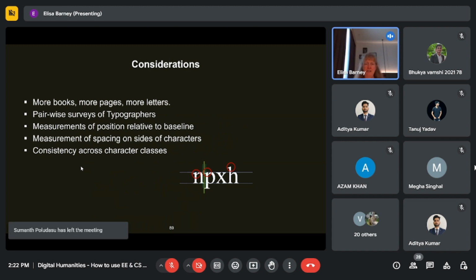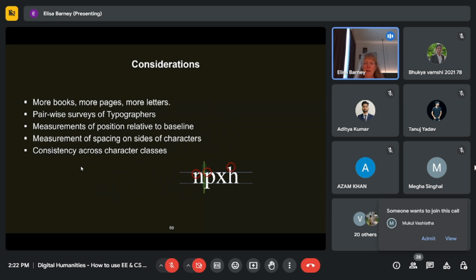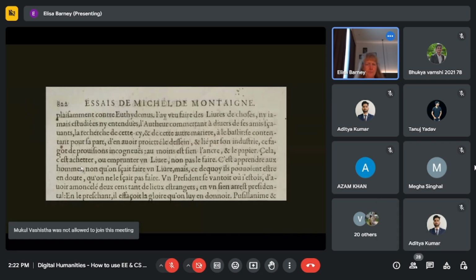Uniformity of the different serifs, how the different letters are associated with a line, and what is the spacing between them. And I'm still working to put these together and automate this process. But if we were to look at what we could do, here's an example of what we're hoping to do in a few years as we get some of this more automated. We're hoping to take that essay